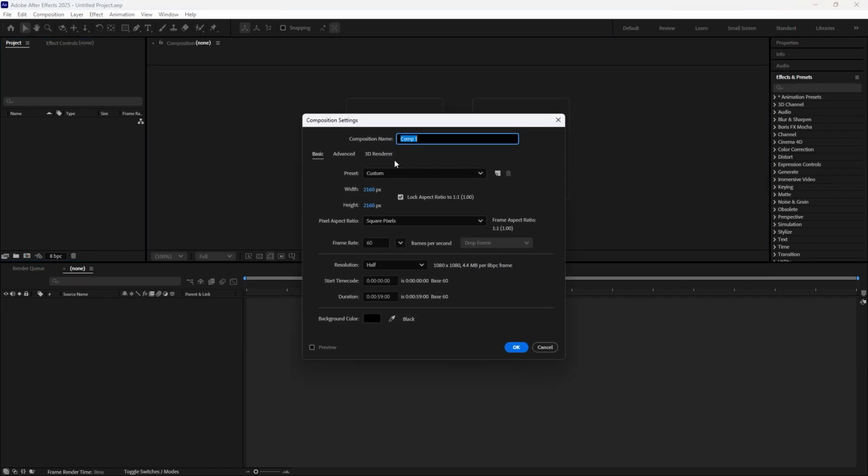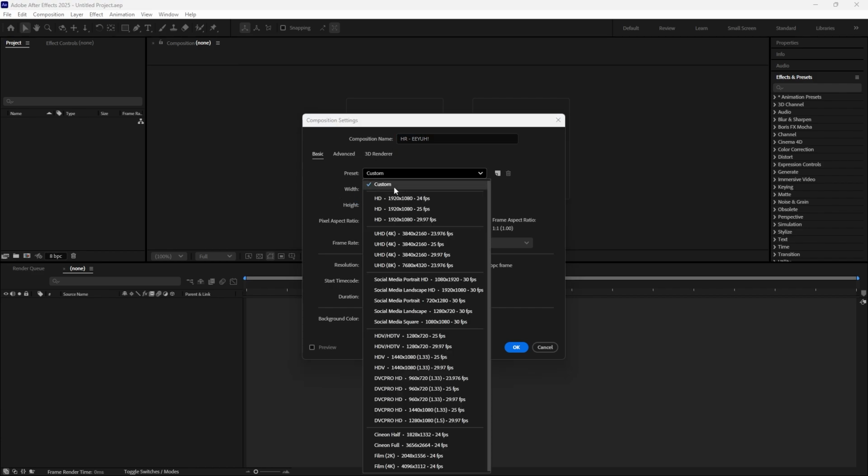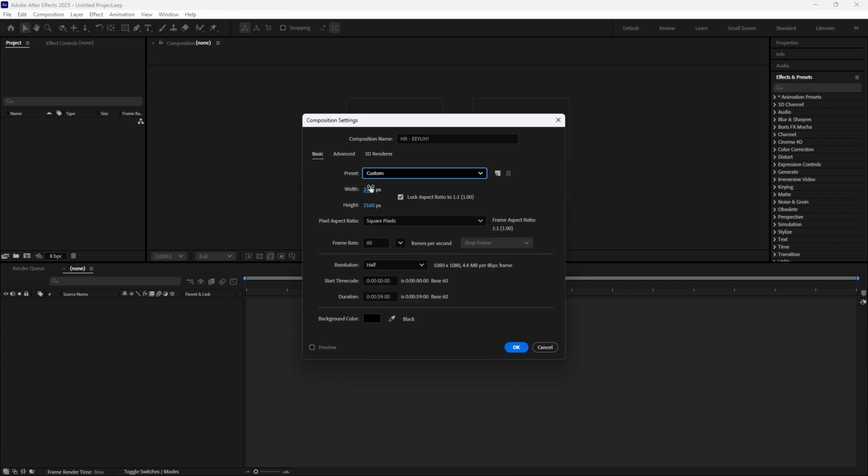First you click on New Composition, then well, I usually just name it the title of the song, and that's in this case HR-EEYUH, and then yeah, just the name of the song. And then on the resolution I do a custom, and then 2160 pixels by 2160 pixels. And then I lock the aspect ratio, and then whatever this is, I never really looked at that, and then